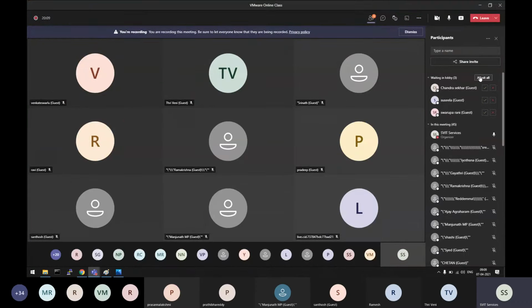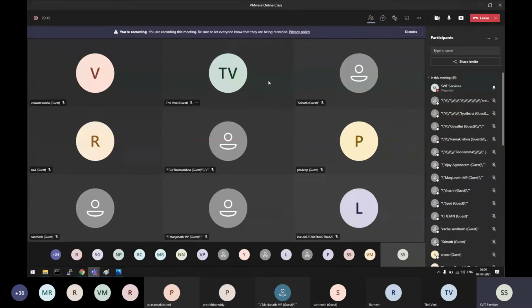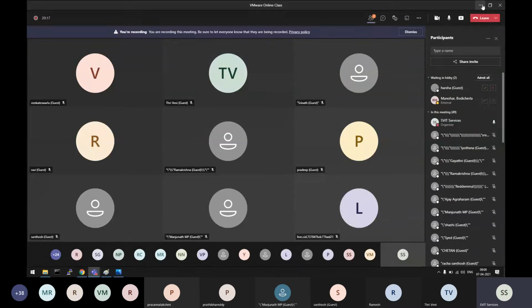I have taken the option of a virtual meeting ID and shared that with you. Using that ID, you connected from different locations. Virtually, you are joining this classroom. So the classroom is virtualized now with the virtual meeting, whatever the meeting ID they have taken.